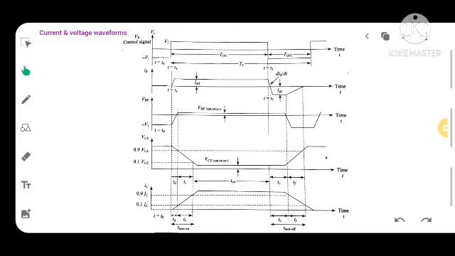You can see two parameters, one is turn on, another is turn off. The turn off time is the sum of the storage time plus fall time, and the turn on time is the sum of the delay time and the rise time.